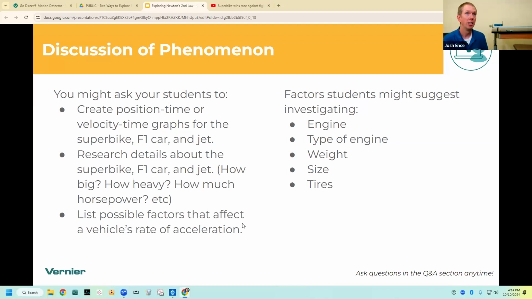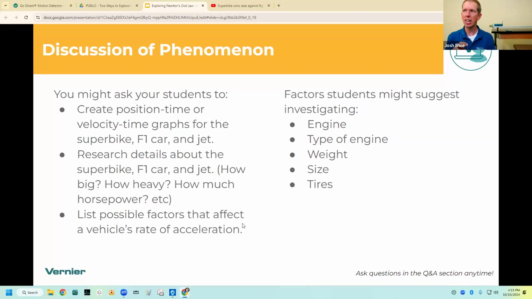Like, I want you to create velocity versus time graphs for the superbike, the fighter jet, and the Formula One race car. You might have them do some research on the vehicles, like, how big is it? How heavy is it? How much horsepower does it have? You might ask them to list factors that would affect the vehicle's rate of acceleration. Like, we're just starting from a dead stop here. What factors do you think might